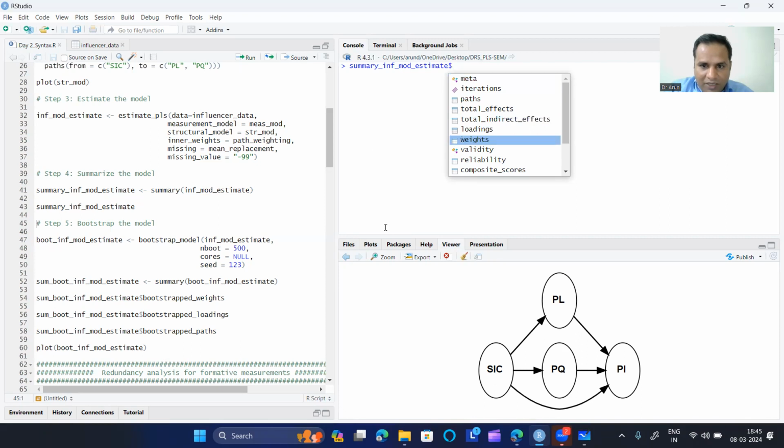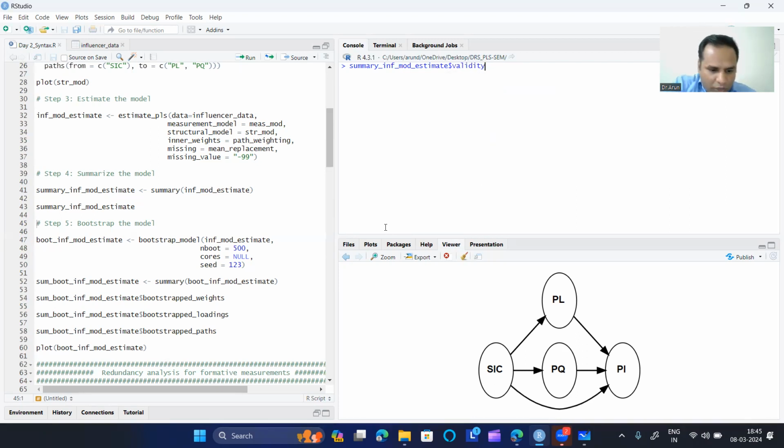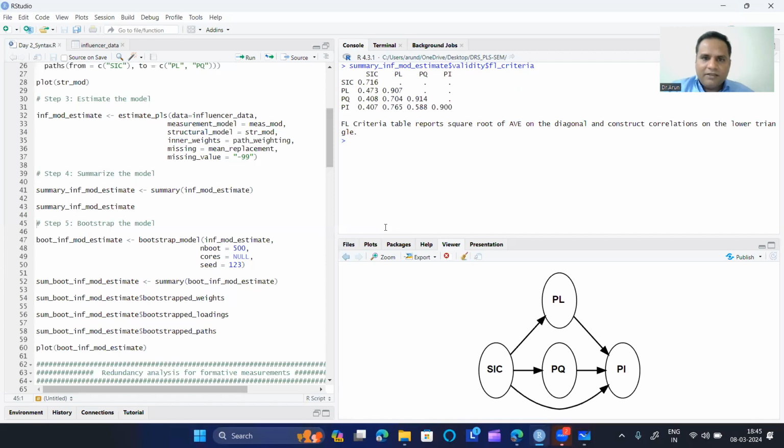So now let's check the validity. Simply check validity, put dollar again, and here you see first the Fornell-Larcker criterion. For the reflective measured constructs, all the diagonal values are your square root of AVE. Your square root of AVE should be greater than the off-diagonal values. It means 0.907 should be greater than this,